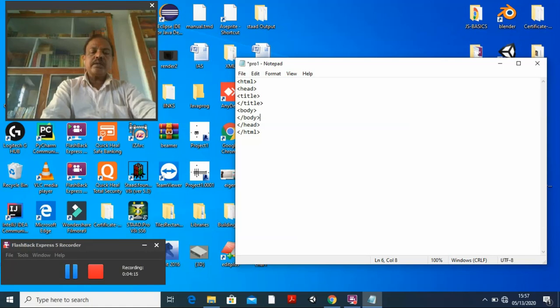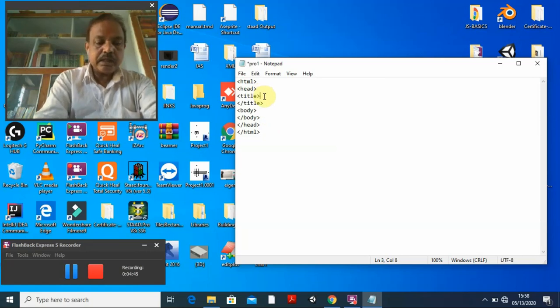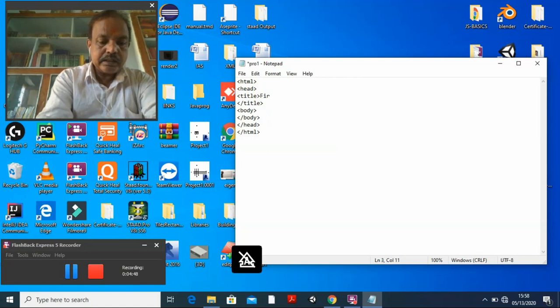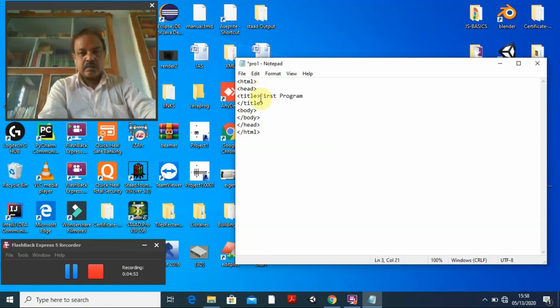By default, all browsers, be it Internet Explorer, Mozilla, Chrome, or Firefox, any type of browser in any language, in any operating system, each and every system will be provided with a browser. And this HTML program will run in all types of browsers, even Safari. So when you write a program like this and save it with the extension, say suppose the title I give is 'This is my first program'.